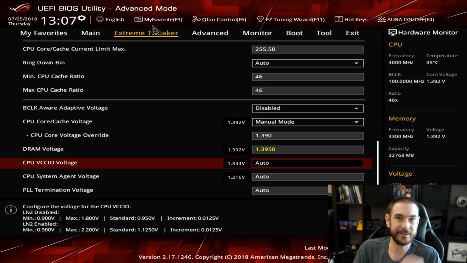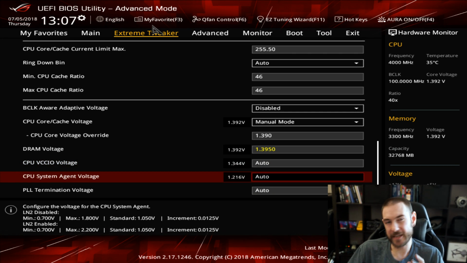When you set it to automatic, it does actually push these quite high. So 1.34 volts is definitely on the high side of what I'll be wanting to run for 24/7 use. And also system agent voltage, I wouldn't really want to go much higher than that. But these are safe to begin with, and then what we can do is we can lower those voltages over